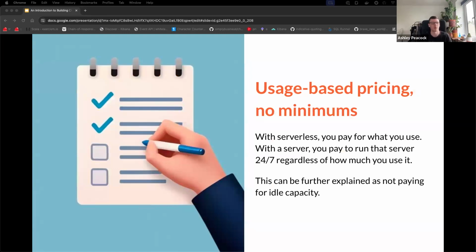So it should be usage-based pricing with no minimums. Sometimes you'll see some AWS products that are in air quotes serverless, but they will have a minimum pricing. So they might say, yeah, this is serverless. You pay for this many requests, but there's a minimum spend of $75, which is not really how serverless is meant to work. It's meant to be, you pay for whatever you use. So if you use one request, then you get charged for one request. If you get served 1 million requests, then you should pay for 1 million requests.